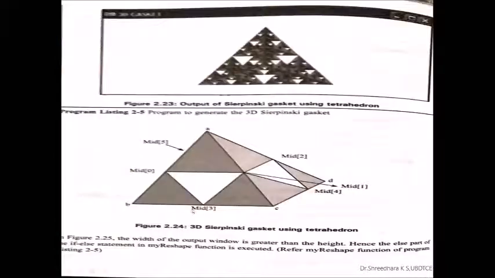ABC is the side, and you try to find the mid 1, mid 0, mid 1, mid 3. Similarly, on the other parts of the side, mid 1 is common with respect to these two, mid 1, mid 2, mid 4, the other part, as well as the bottom part. So after doing this, you are able to get a picture of this kind. This is a 3D picture. You try to observe here, it is the tip of the nose. So the program is simple, but you can make use of whatever you have learned up to now.